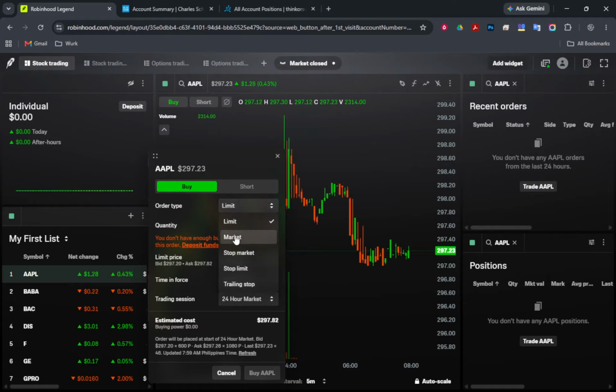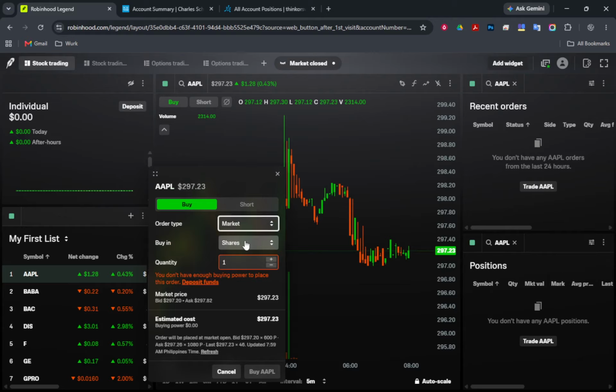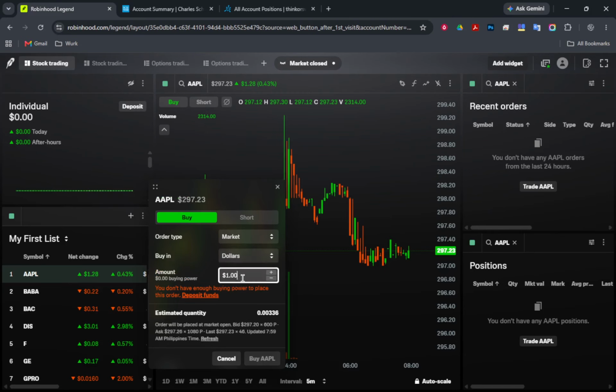Now, let's discuss the key takeaway from today's session. Robinhood is for real trading only. There is no built-in demo or simulator mode. If you are interested in true practice accounts, it is best to use other brokers that offer these features. This is important because it provides a risk-free environment to learn and make mistakes without financial consequences.